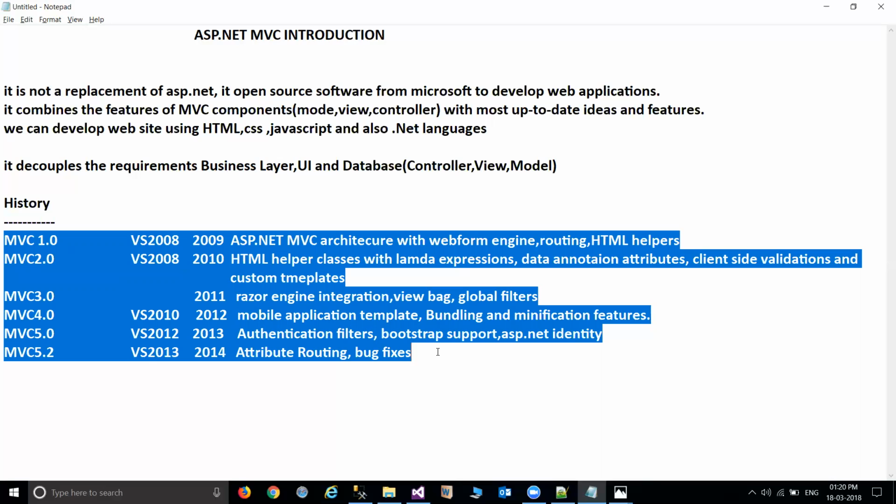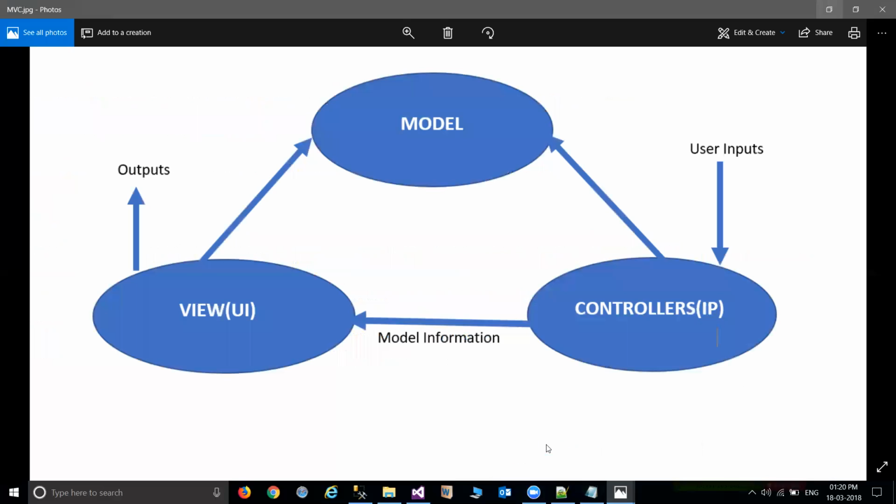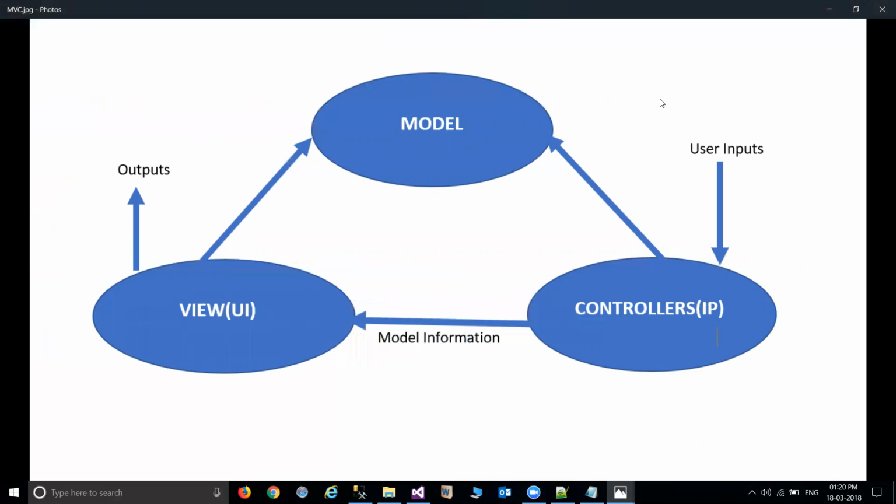Now, what is basically the flow and the architecture we have in ASP.NET MVC? If you look at the diagram, the MVC diagram clearly explains it. What is MVC architecture basically?